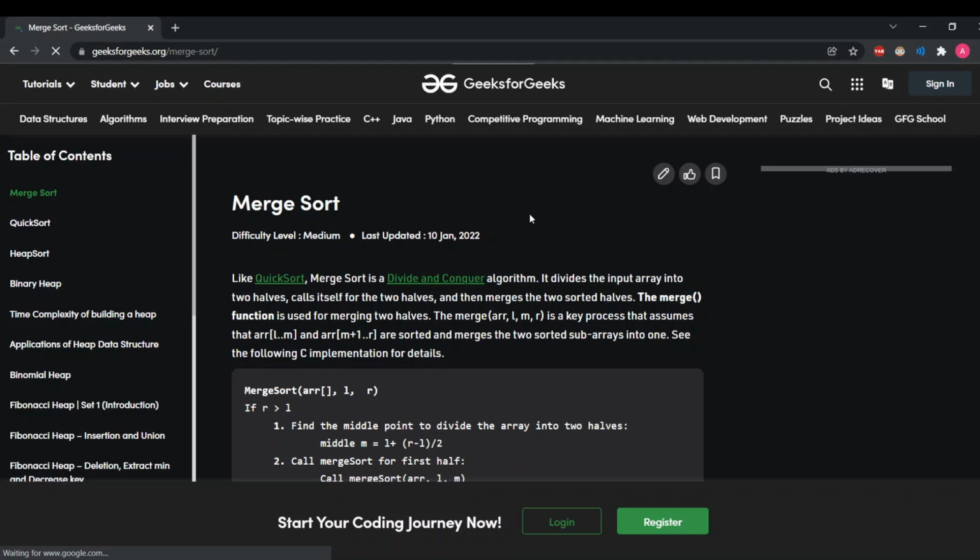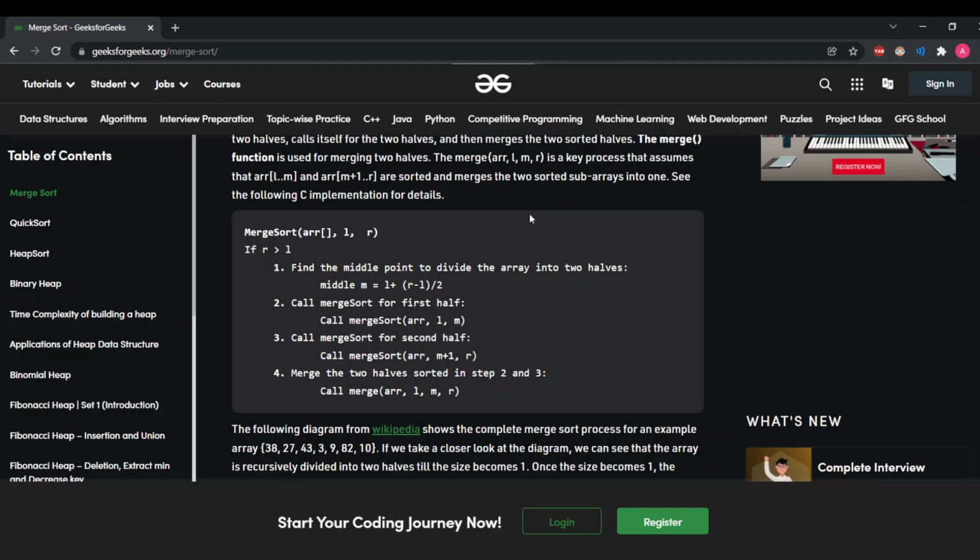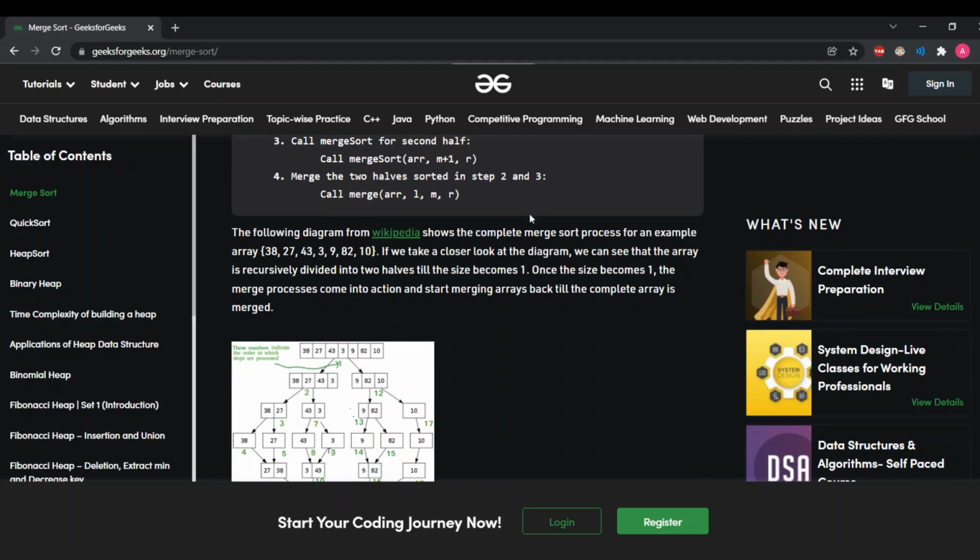In the splitting phase, the first phase of the merge sort algorithm, we keep on splitting the array into subarrays until there is a single element left. We'll keep on splitting until we have a single element in our array. After that, we'll start merging the single elements into bigger subarrays, and those merged subarrays will be sorted. In the end, we will have a sorted list.